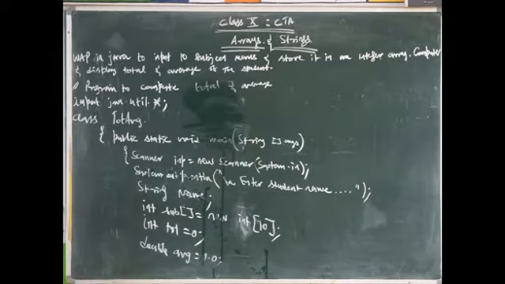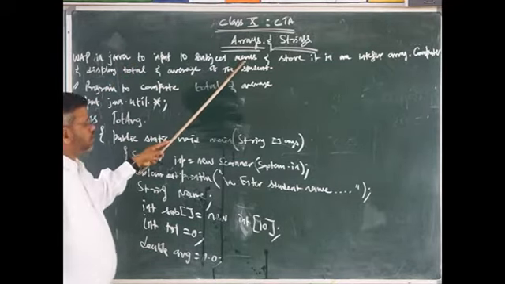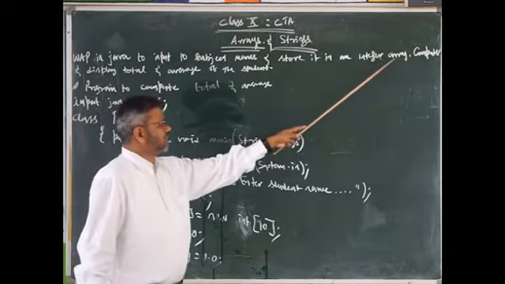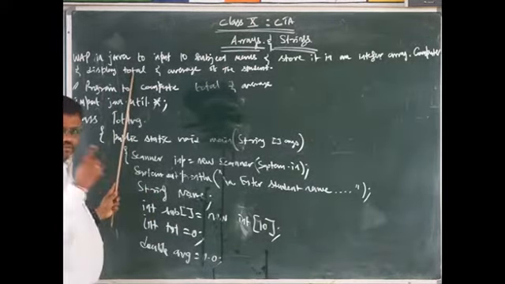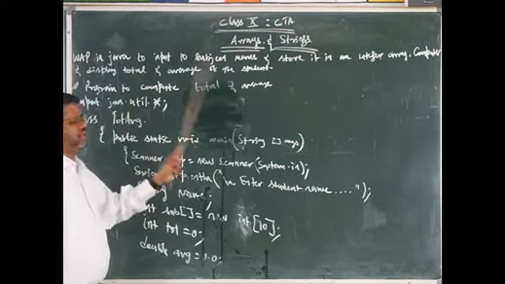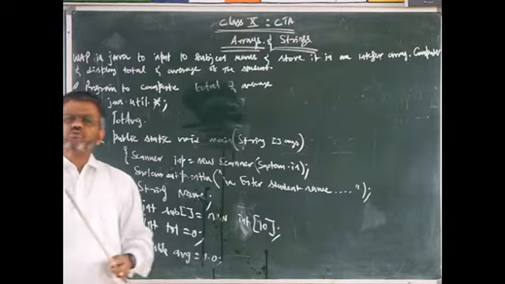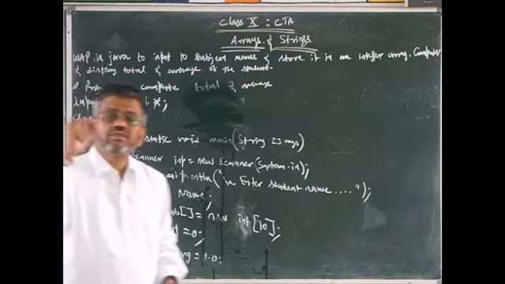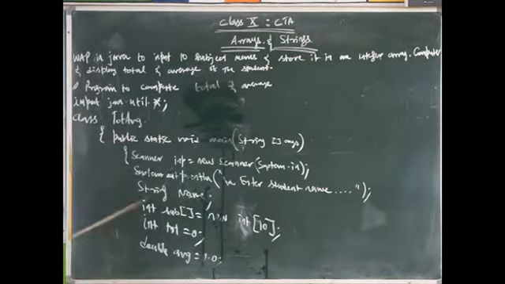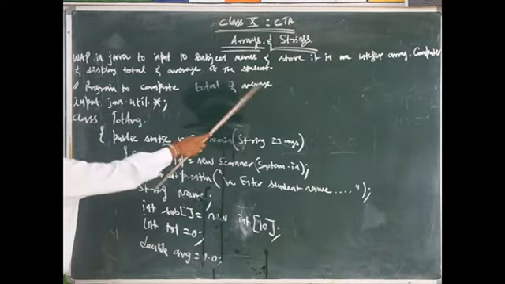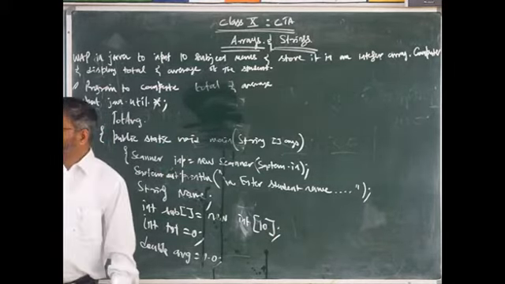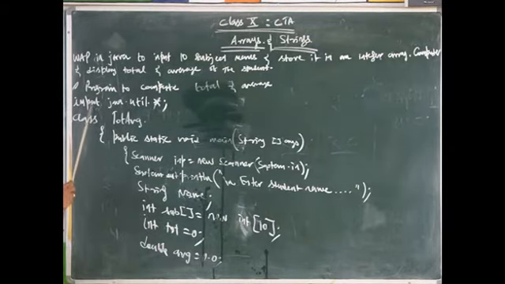Write a program in Java to input 10 subject marks and store it in an integer array. Compute and display total of 10 subjects and average of the student. So first and foremost, you must give the student name. So why am I using this statement? Program to compute total and average. That's a remark. What do I do is, import